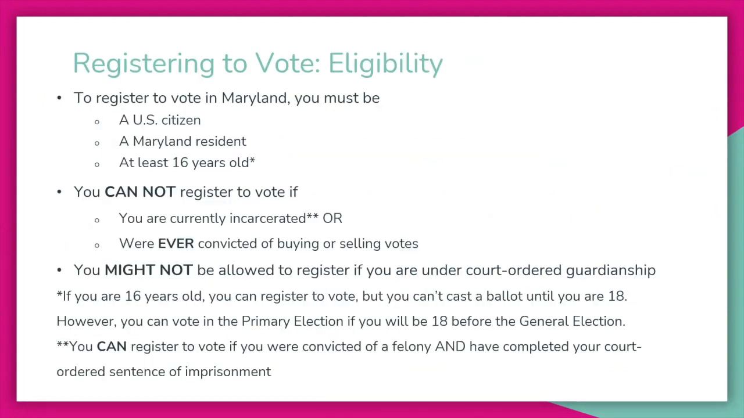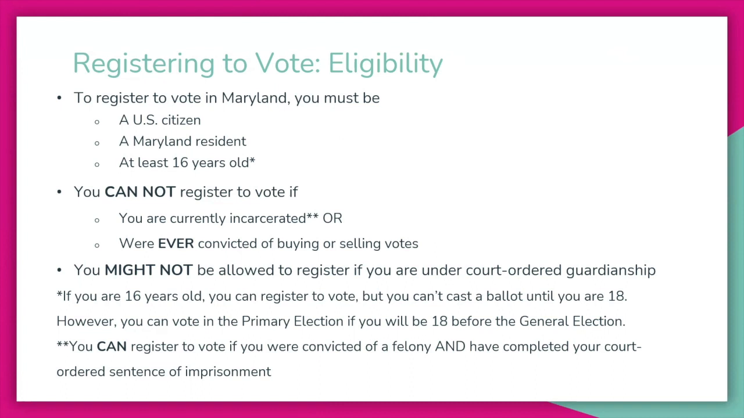To register to vote in Maryland, you must meet specific requirements, such as being a U.S. citizen, a Maryland resident, and at least 16 years old. If you are a minor, you can register to vote at 16, but you can only cast a ballot once you reach the age of 18. However, you can vote in the primary election at 17 years old if you will be 18 before the general